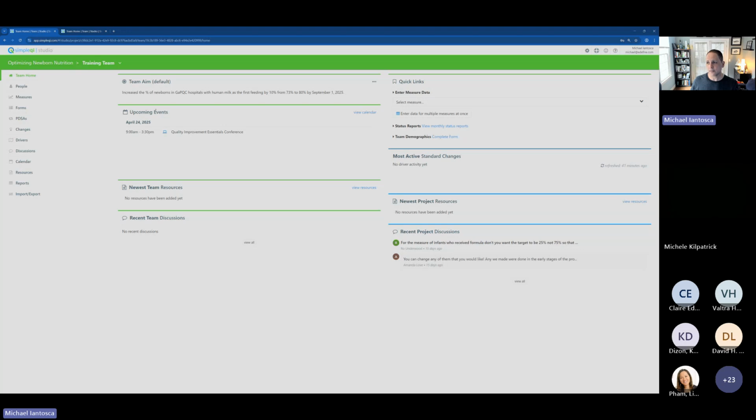So for instance, the calendar is the upcoming events. Newest resources will be the documents that you can add to your team section. Below that are the team discussions, which I'll be going over in more detail. Over here is a quick links section where you can get to things that you commonly want to come in